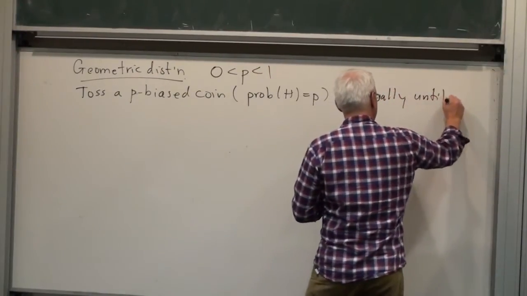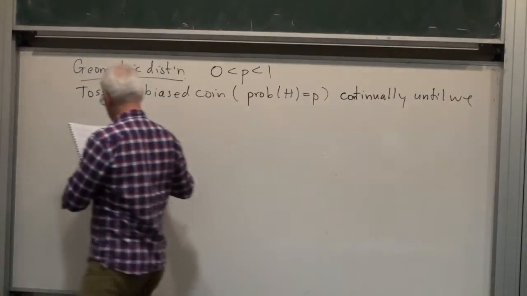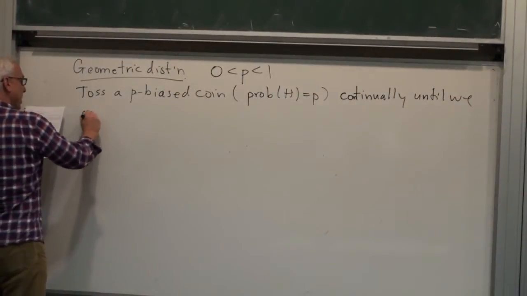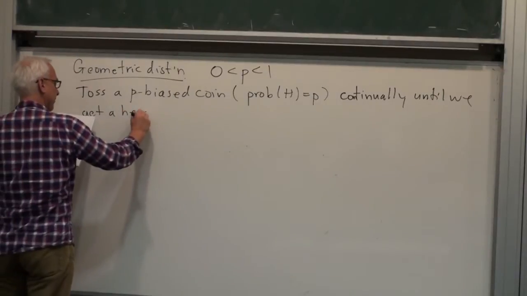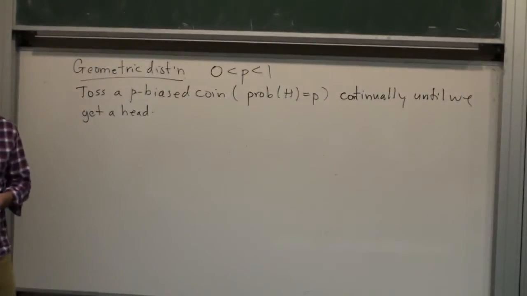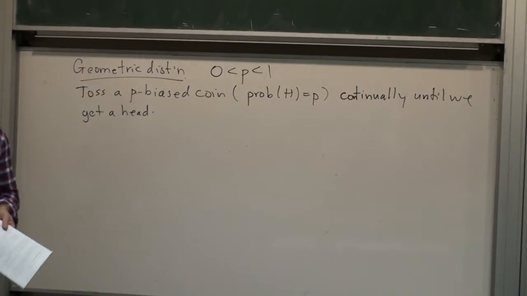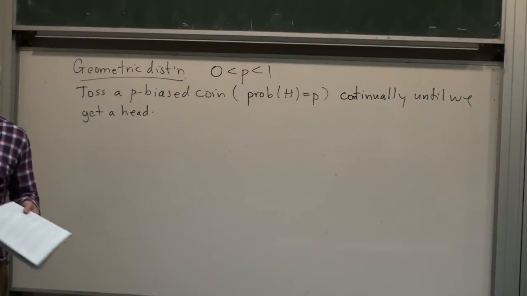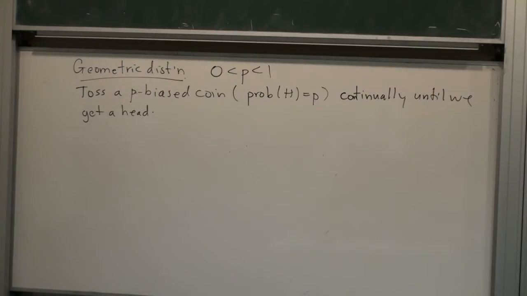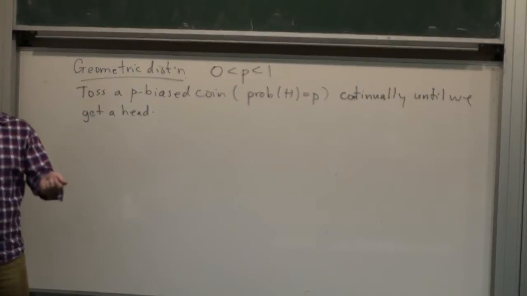until we get a head. Like, if you play the game Trouble, and you have to start by rolling a 6 so you can get your man out. It's like that. You have to keep rolling and rolling until you eventually get a 6, and then you can start. So the main thing is, how many times do you have to roll before you get a 6? It's the same kind of thing, but now we're flipping a coin until we get a head.